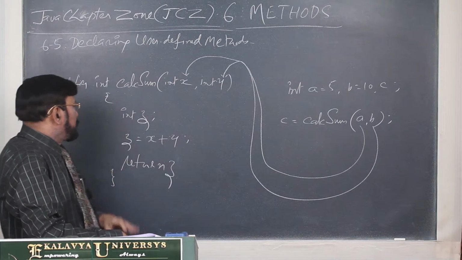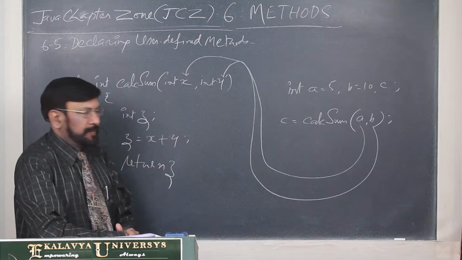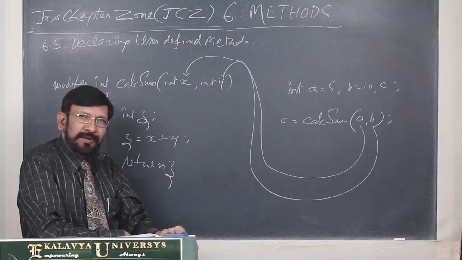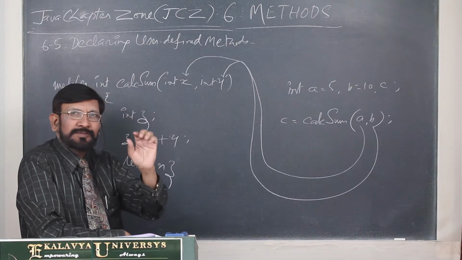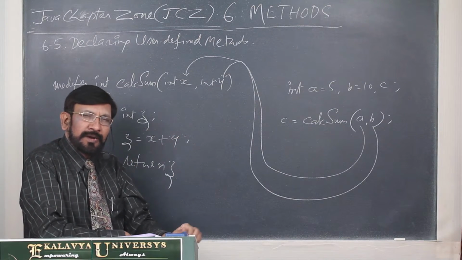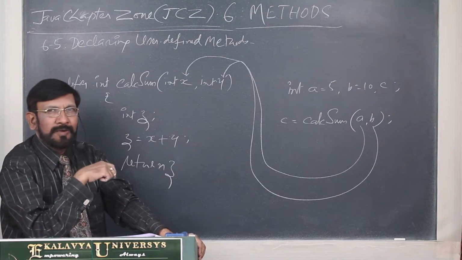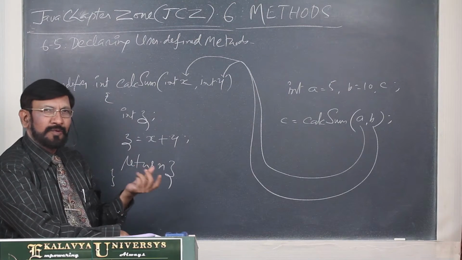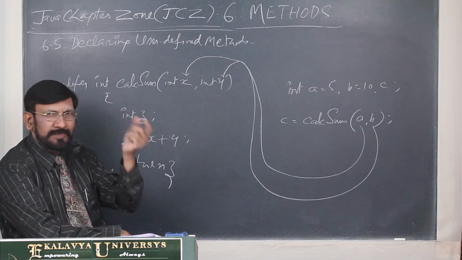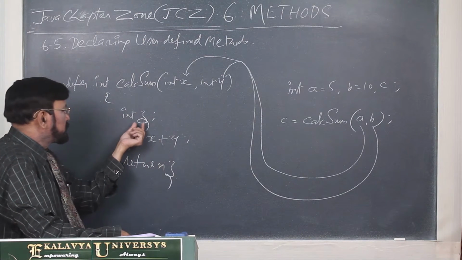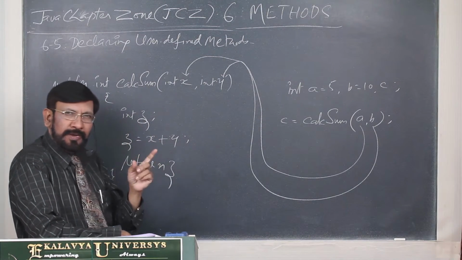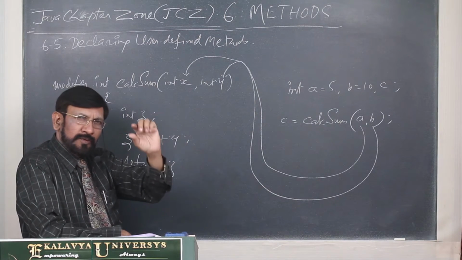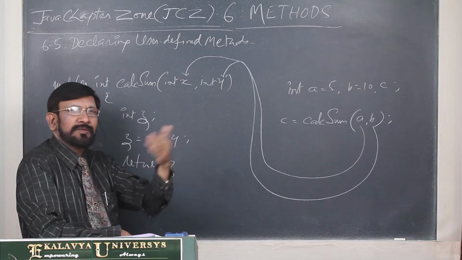Thereafter, let us come to the body. Within the body, if any new value is created, we have to create a corresponding variable. That variable is called a local variable. Here, what new value is created? You have to create sum. Sum is a new value. For that purpose, you have declared one variable, that is a local variable. It temporarily stores a value until the value is returned.